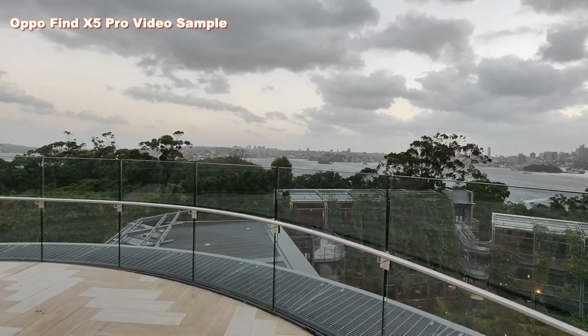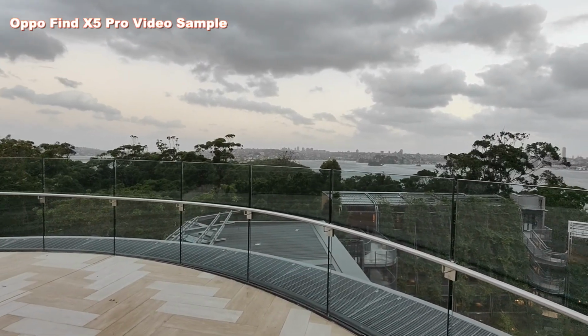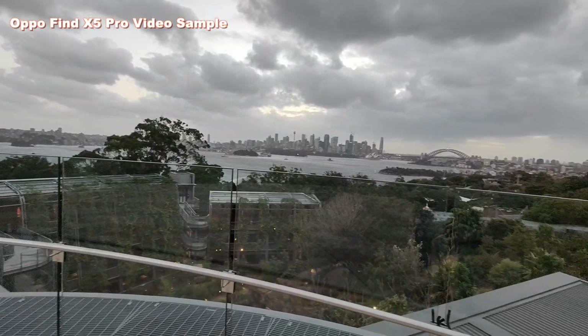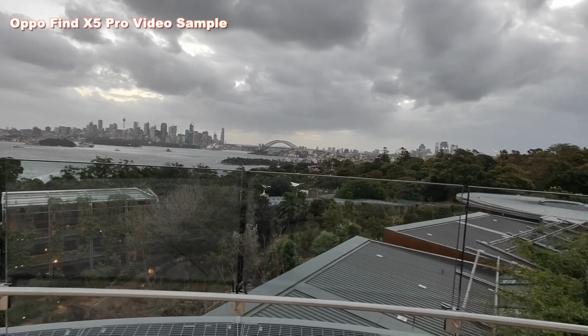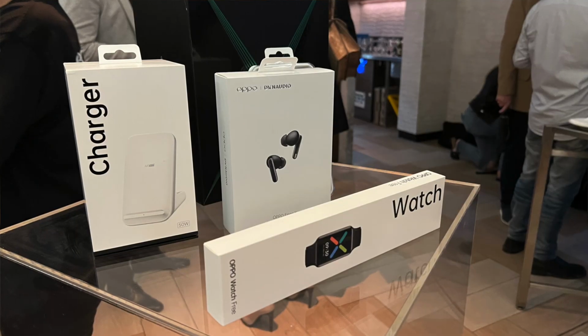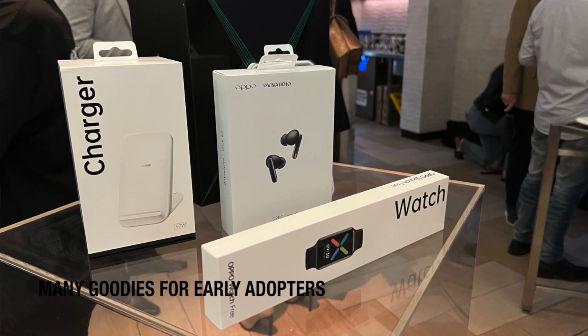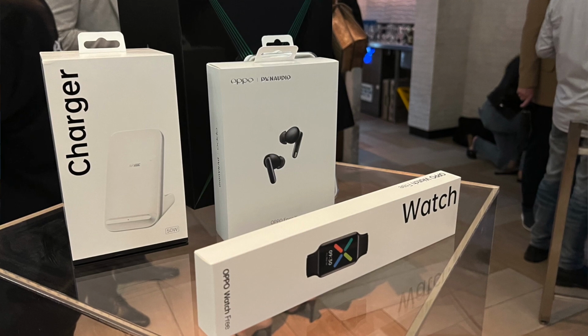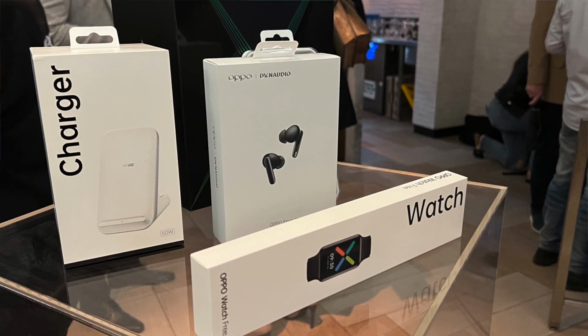Now, that high price point does come with a few pre-order bonuses that kind of soften the sting. The hook here for early adopters is a pretty generous pre-order bundle, in fact, with wireless chargers and cases and the Oppo Watch being thrown in. If you pre-order the full-fat Find X5 Pro, predictably, you get slightly fewer goodies with the Find X5 and the